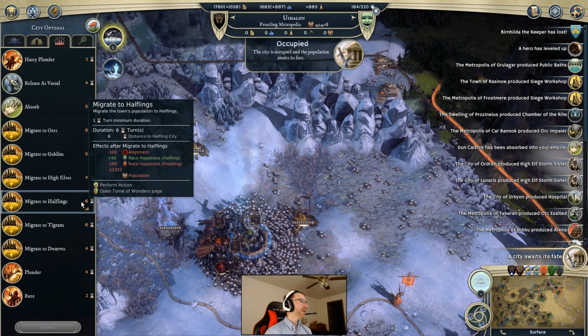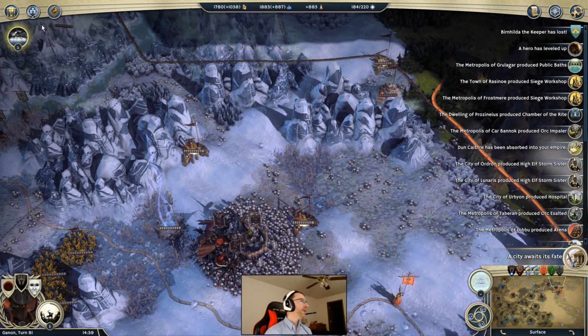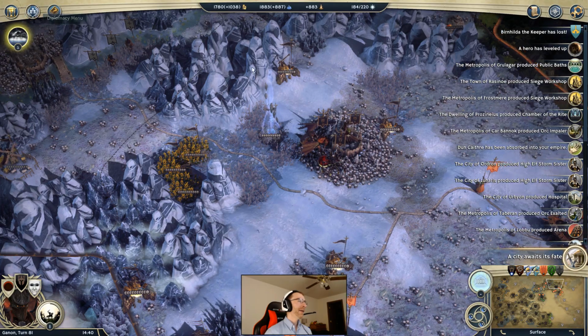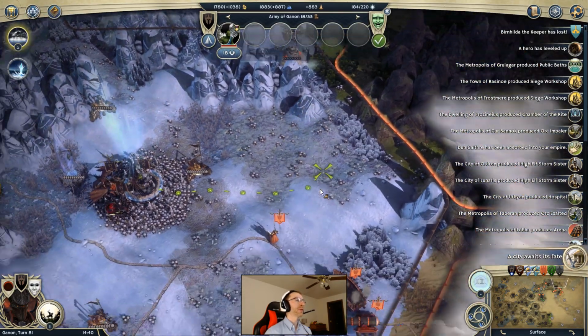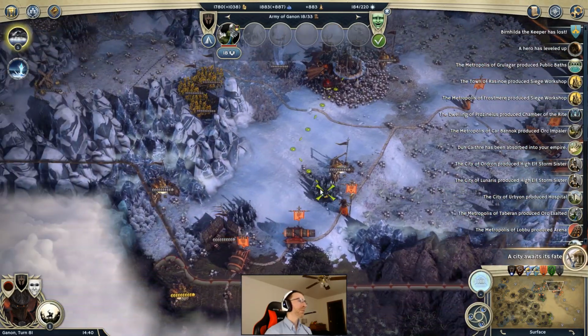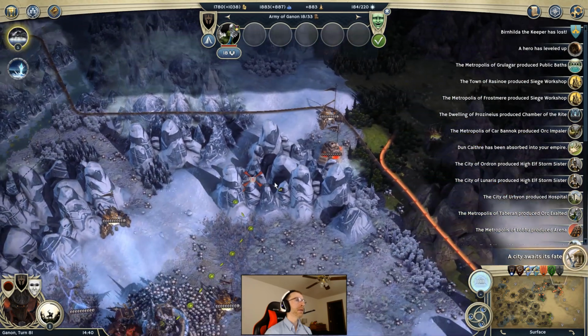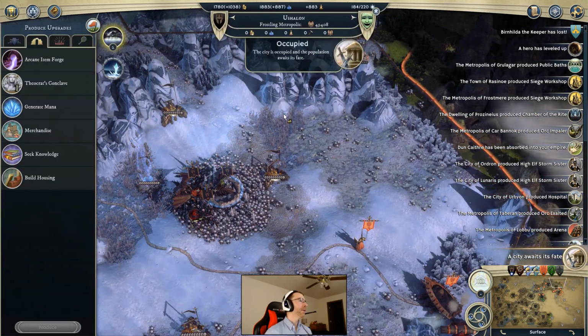You know, I could actually migrate it to goblins. How much longer do I have before I get... I think it was like 8 turns away. It's not going to make that much of a difference. Let's look at what structures are actually in the city. As per usual for a capital city, not much of anything that I care about. So it really doesn't matter what race I put in here. I guess I will... Maybe I could get...